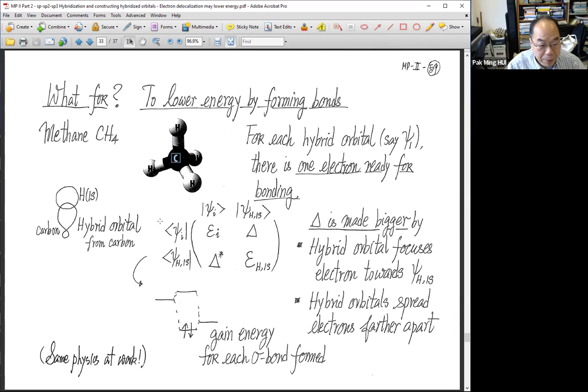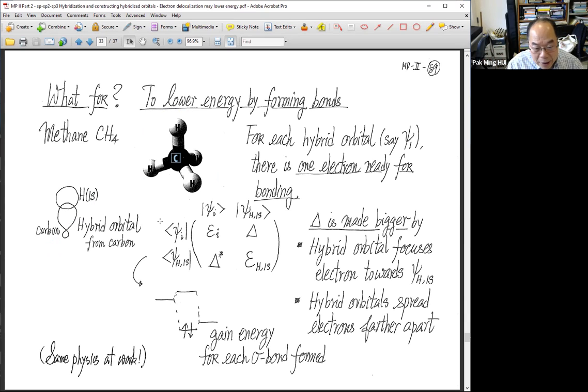After you form the sp3 hybridized orbitals, one of them will be something like that. Again, the physics is focusing the electrons in one direction, it is highly directional. Thereby, you have a highly directional structure in the molecules so formed. Also, it will spread out the electrons from the carbon, lowering the Coulomb repulsive energy. And that will form a very strong sigma bond with each of the 4 hydrogen atoms.